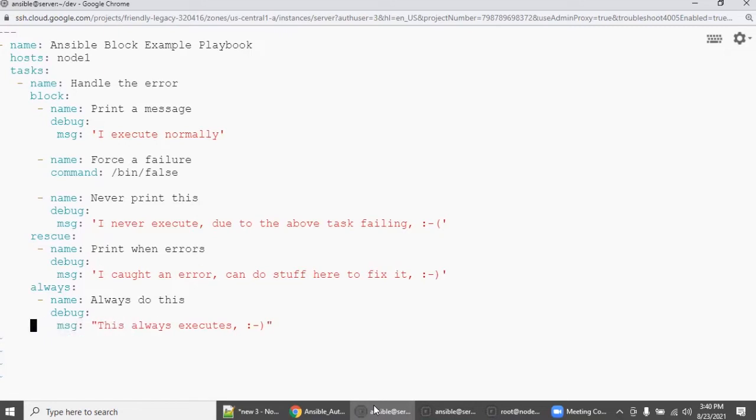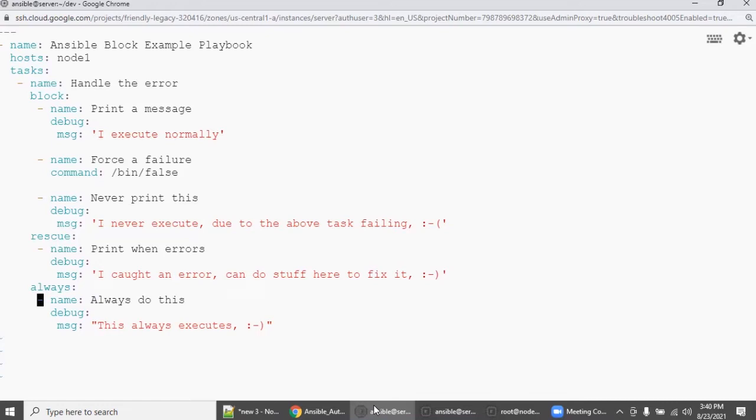If you see the indent, go to always, all of block, rescue, and always start with the same indent, right? Even inside there is a play. This play, that play, and the first three plays all start with the same indent. Make sure you use the same kind of indent format.